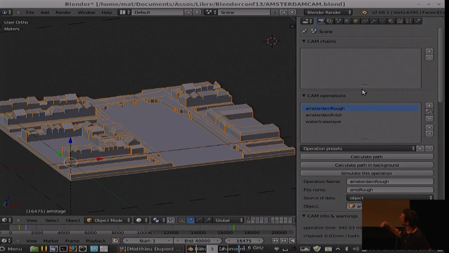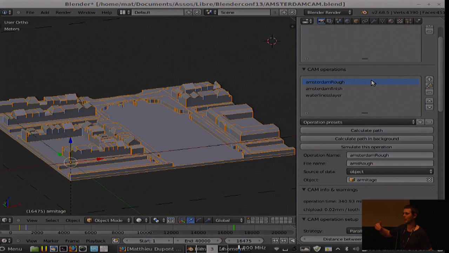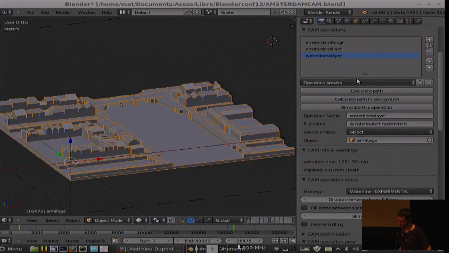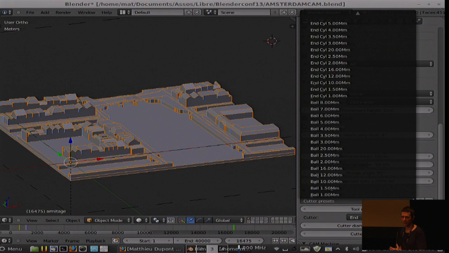And here you have the settings to define the tool path, because a 3D milling machine has to cut in the material, and you have to say where it cuts, and how. And you have a lot of settings. You can define several works, several passes, because generally you do one pass with a big tool to go fast, and then you do the finishes with a smaller tool and with a slower feed rate. So you can define several passes. Each one can have its own tool here,